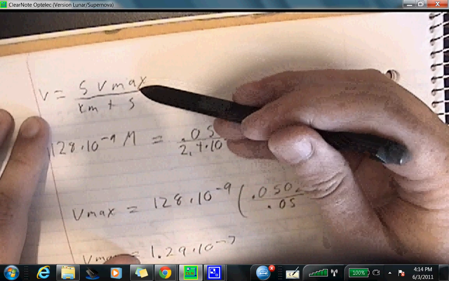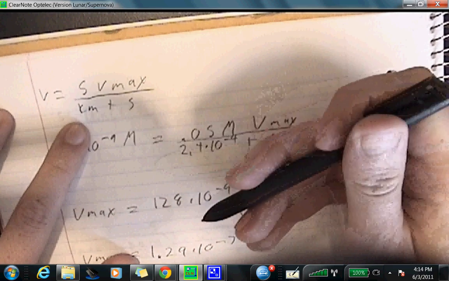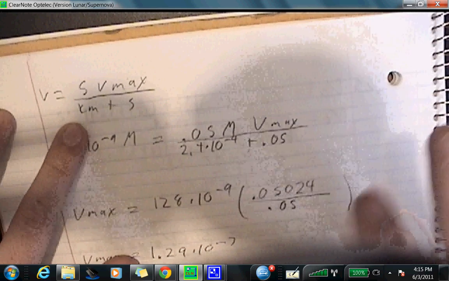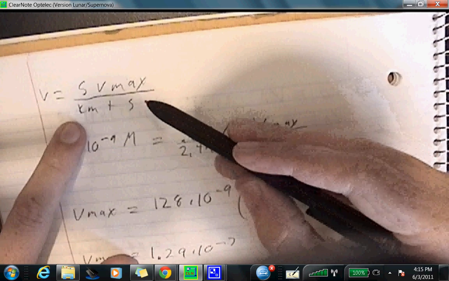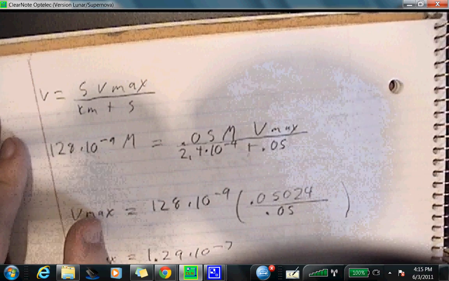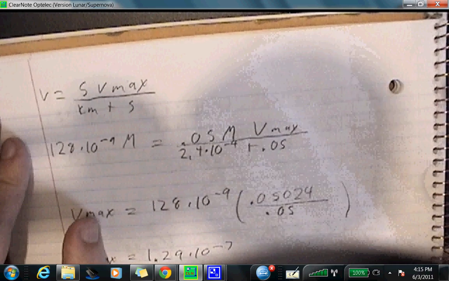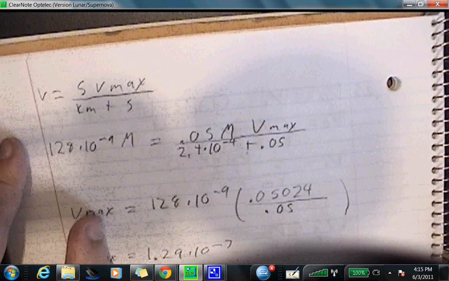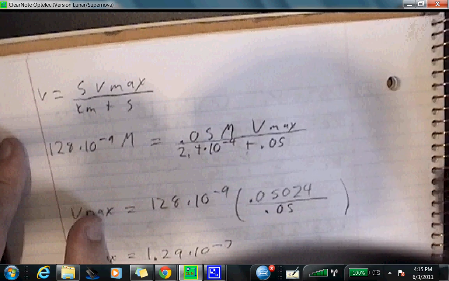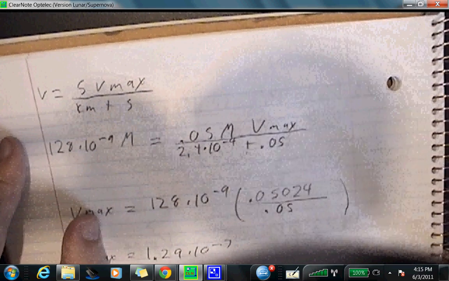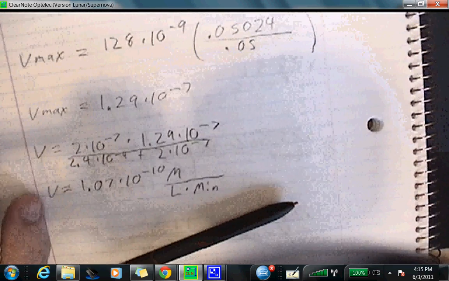Given that, you can find your Vmax, because Vmax and Km are always constant for the same temperature, pH, enzyme, and so on. As long as everything is constant and the only thing changing is your substrate, your Vmax will be constant. If you're adding inhibitors, your Vmax will change, well, not every single time, it depends on the type of inhibition. But generally, if the only thing changing is substrate concentration, your Vmax will be the same. I hope that helped out,